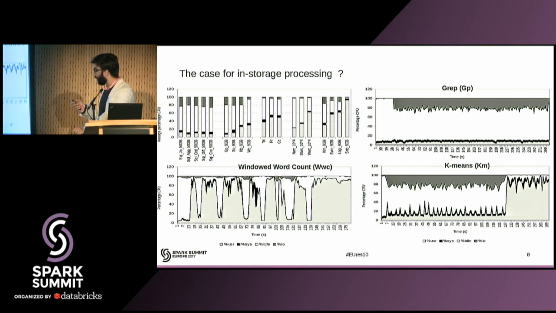So for example, on this side of the graph, I have the whole spectrum of Apache Spark applications, starting from Spark SQL, then general Spark core applications such as grep and sort, then the graph applications, stream processing applications, and the machine learning applications as well. The important thing to look at is the CPU utilization and also the wait time on the IOs. And what you can see is that for these Spark SQL queries, they are most of the time waiting on the IO, and they have very low CPU utilization.